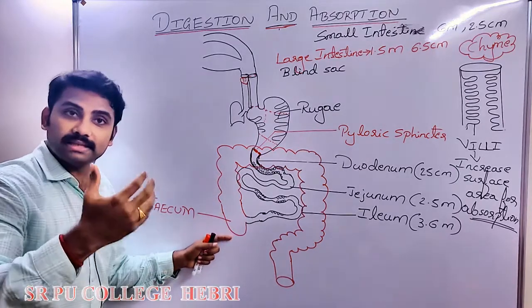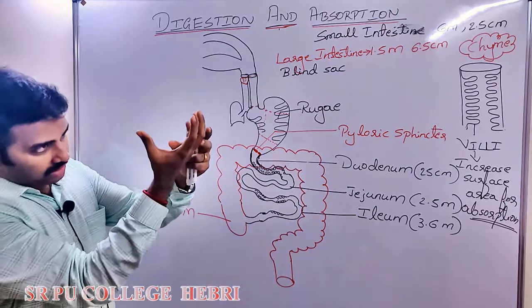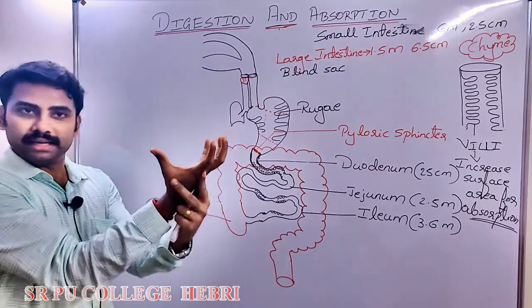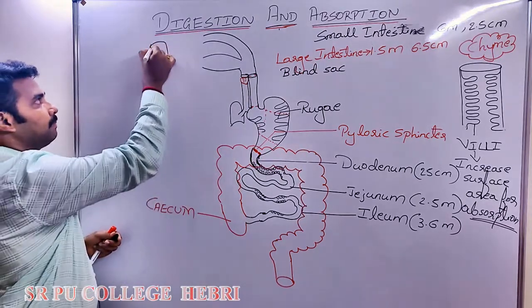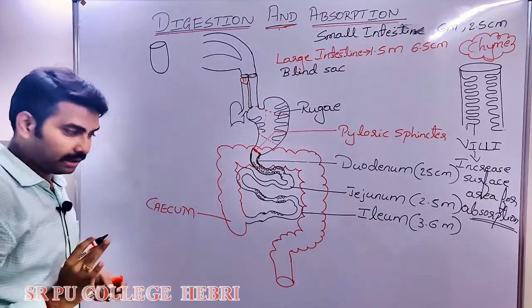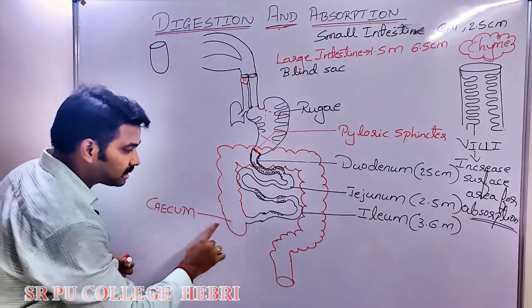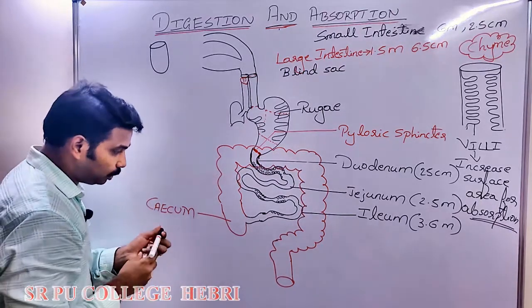Blind sac means it is an area or a canal-like structure or a sac-like structure. One end is closed, another end is open. I can call this a blind sac. One end is closed, another end is open. Clear? Okay. Now, this cecum, its posterior region continues into